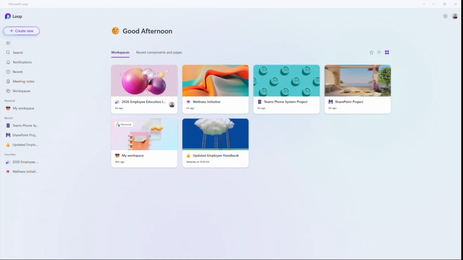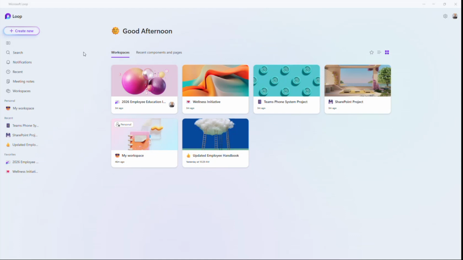So Loop essentially is Microsoft's collaborative app building off the functionality of OneNote. So whether you're in Rocky River, Ohio, or Boca Raton, Florida, you can collaborate with your team in real time. And before we dive in, I thought first we'd take a moment to show you around the Loop dashboard so you can be comfortable with the key components and get a lay of the land before we dive into the